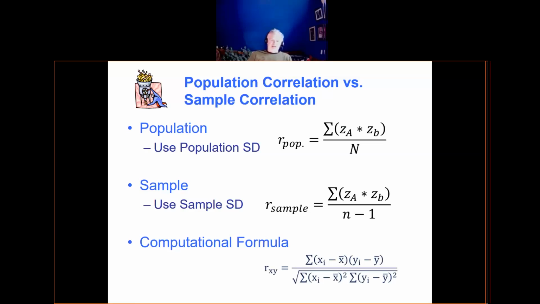Then I would do my calculations by hand. I would use the computational formula, which reduces rounding error and is generally easier to do row by row, because I'm just creating sums, not having to do the funky Z test and stuff, or Z scores. So the computational formula is just computationally easy to do, but we don't do calculations by hand anymore, so I've never understood why textbooks even show it anymore.